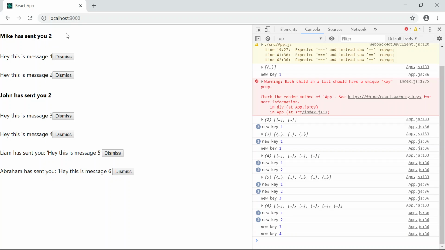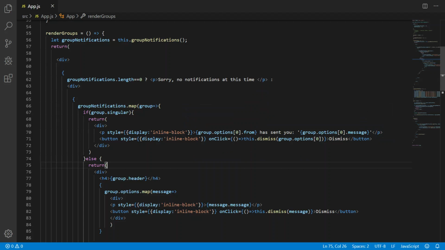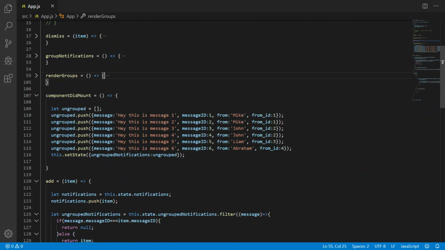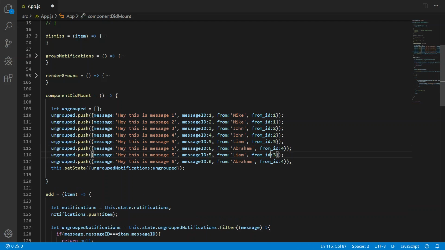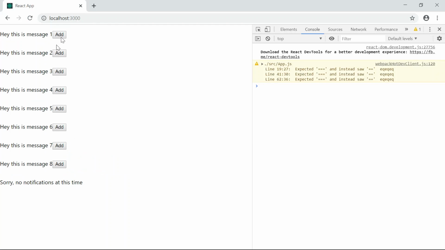And yeah, we have messages from Mike, messages from John. And if we just want to make this really nice, we will copy these and give Abraham and Liam their share. So from ID, we'll keep it a stat. Message ID, however, will be 7. This will be 8. And we'll change this to message 7, message 8. And when we do that,